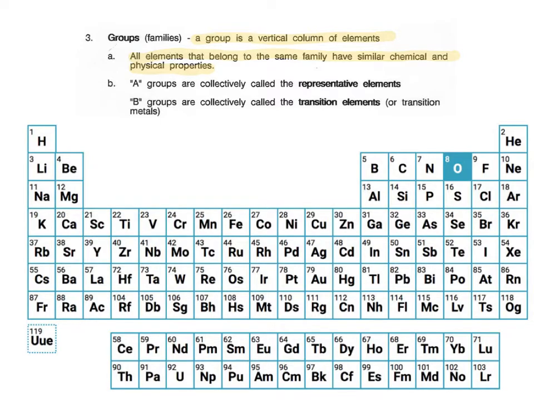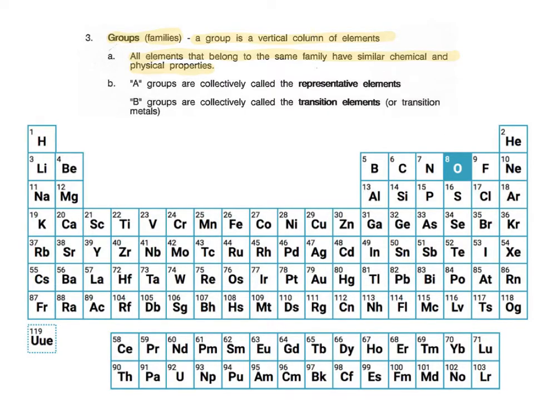Another name for these groups is families. And families, similar to the way we have our group of friends do one type of thing, families do the same thing. So sometimes we're called families, sometimes groups. In a family, maybe we all celebrate by blowing out candles on a cake, or maybe you blow out candles on an ice cream, or maybe you have pizza for cake. Every family has their own traditions, and those traditions are considered family. They all follow the same pattern. Again, groups and families are the columns in the periodic table, and everything in the same column will do very